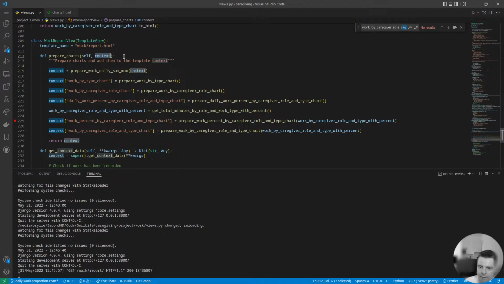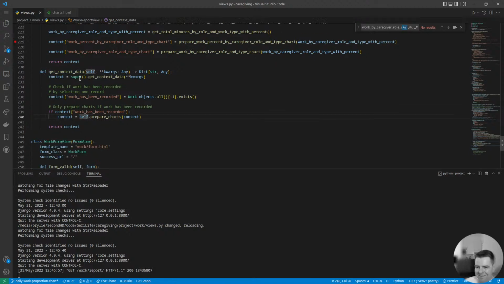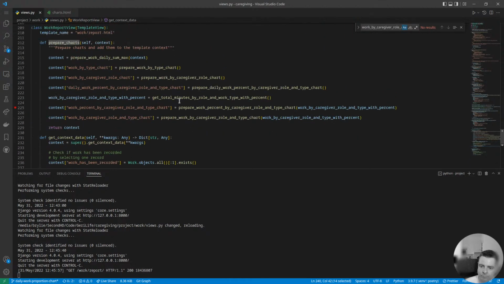So I'm going to do that inside another layer of abstraction. Adding context variables is typically done even right in the view. And get context data, I was just doing so many context manipulations that I put that into another function. It's probably an obvious way to have this, to harmonize this